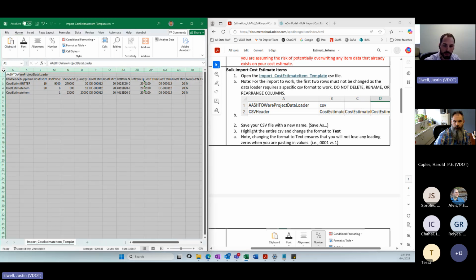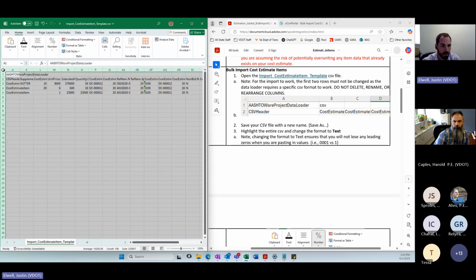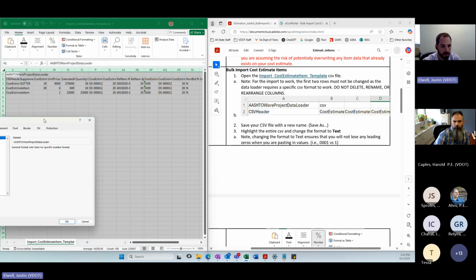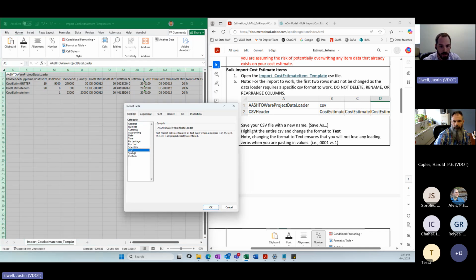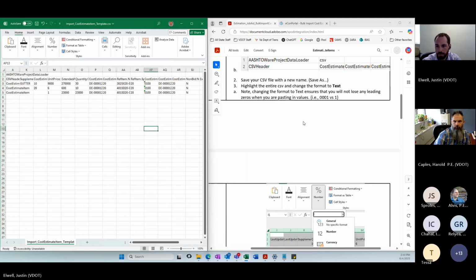As I mentioned, this file can be a little finicky, so if you do not have leading zeros, especially this is applicable to your item categories here, and if you have it listed as 0100 in AWP and you have this in your file as 100, it will not load properly. So leading zeros are very important in this. So I want to format, change everything to text, just like so.